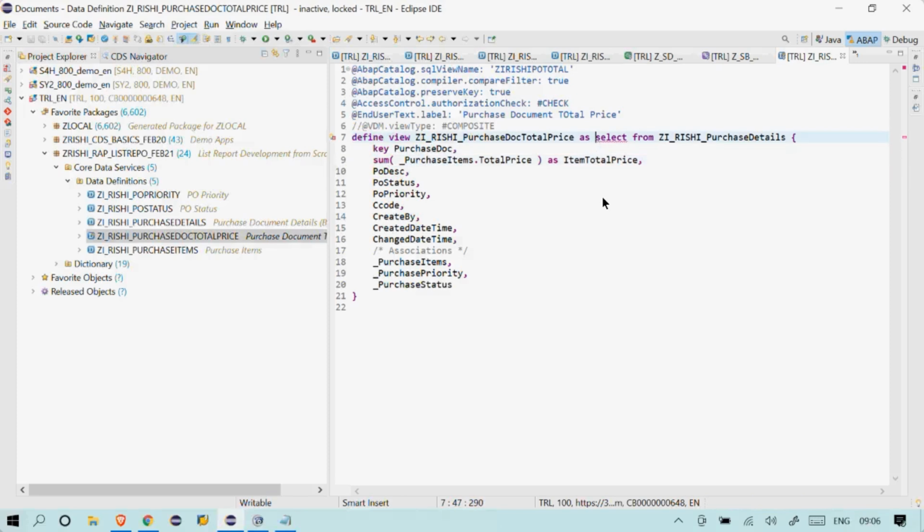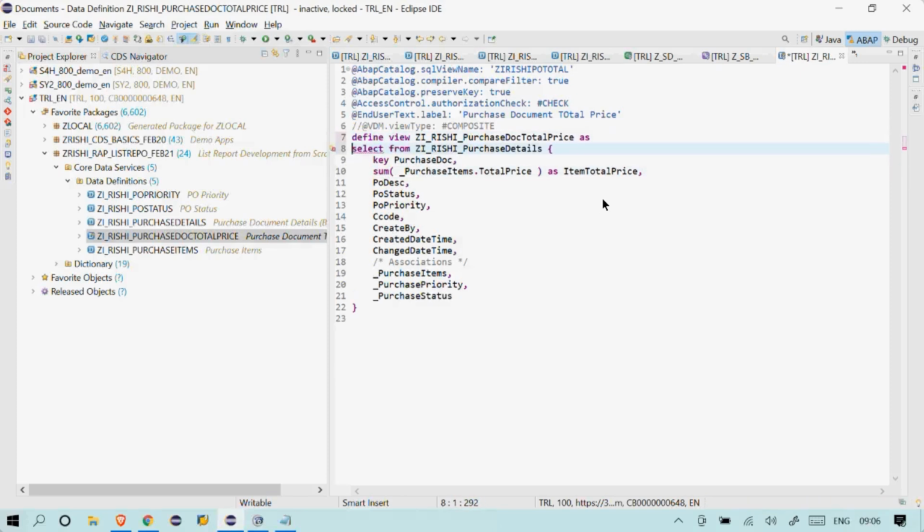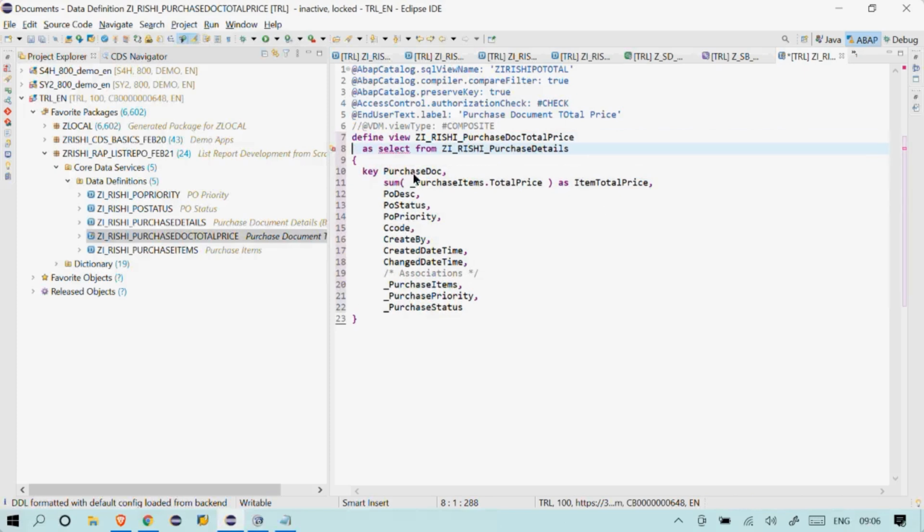So let's look at the error that we are getting. So let me format this. The group by clause is missing, because when you are performing any aggregations, you have to mention how you're grouping this. So when you use the sum, you have to specify all the fields which are part of this, so that it will group the details.